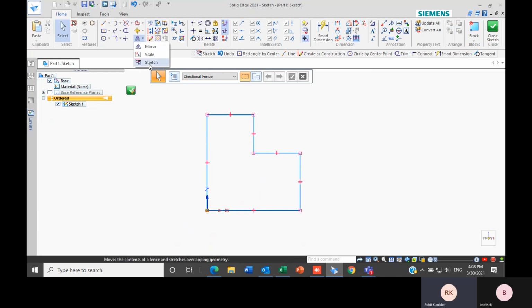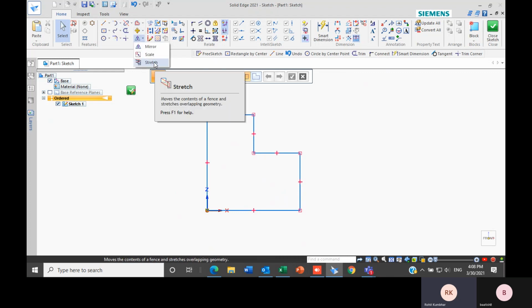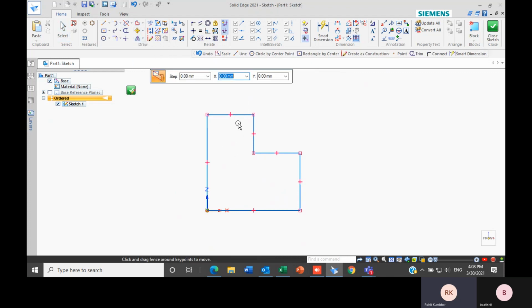So our next option is the stretch option. In the stretch option, let's say I don't want these two lines inside. I want them outside somewhere. So I can even use this stretch option. Let's say I will select these two lines.